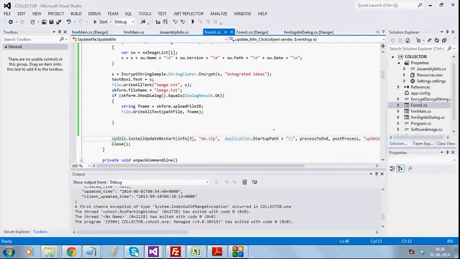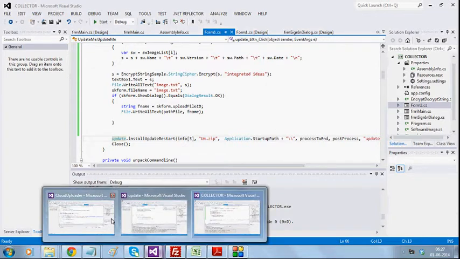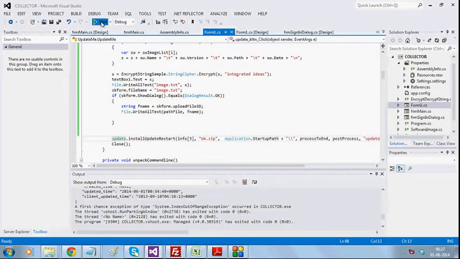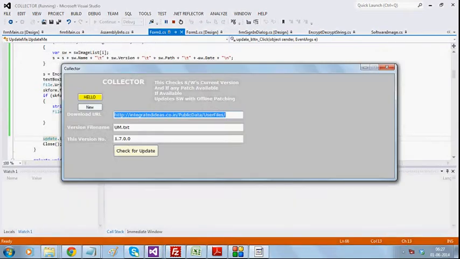The project is a cloud-based update and offline patching of software packages. This particularly has three major components. One is a collector software. This is a software that we assume will be automatically updated, and the record will be tracked in the cloud. Now this is the current version of the software as it stands.